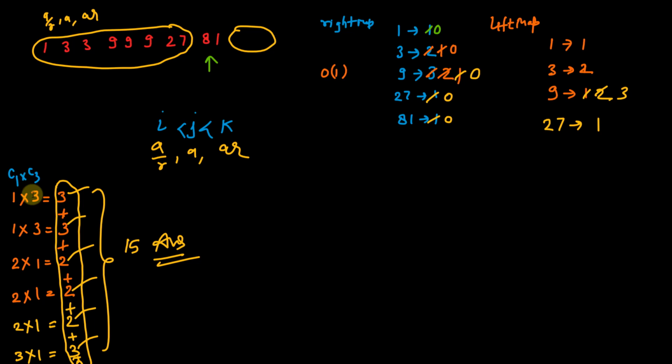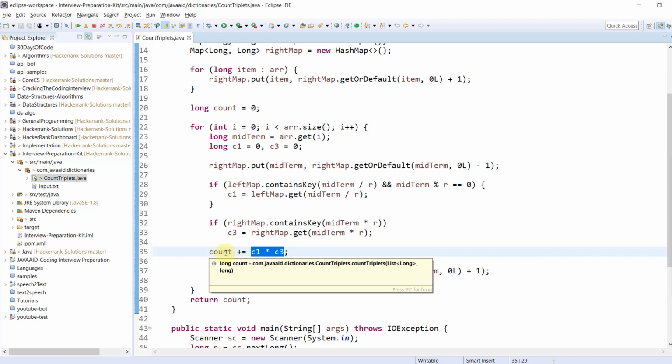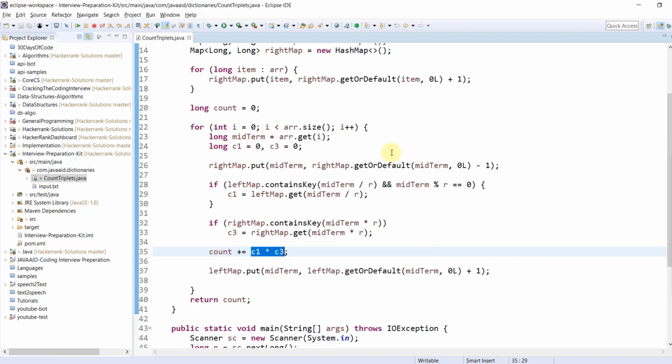From the left map, whatever is coming, I am using as C1. From the right map, whatever frequency is coming, I am using as C3. Once you know that, you multiply them, and it is stored into count. Before moving to the next iteration, that particular element which was working as the midterm will now become a part of the left map. So in the left map, we increment the frequency of that element.